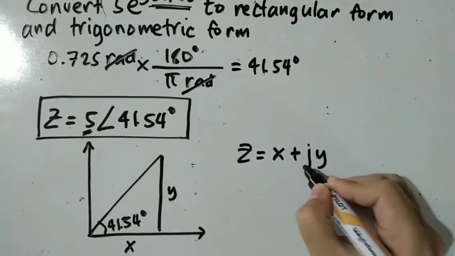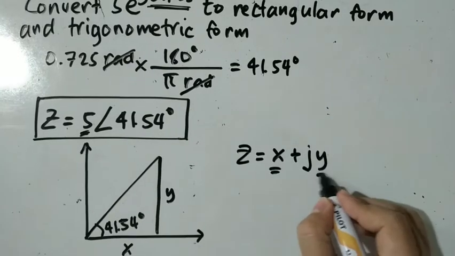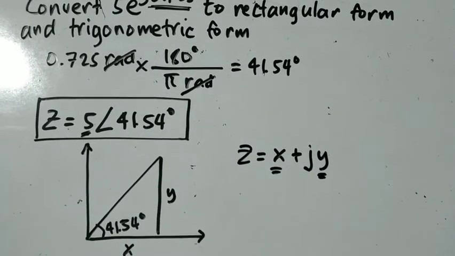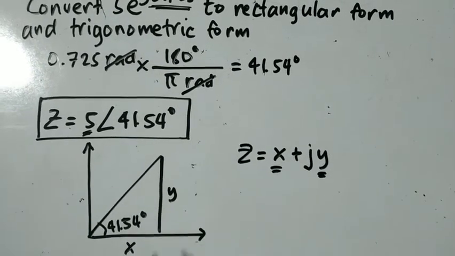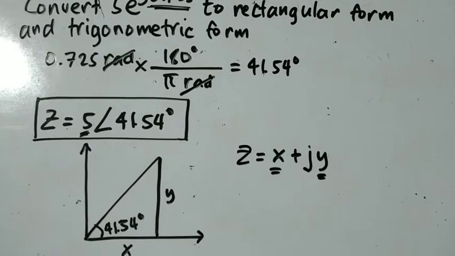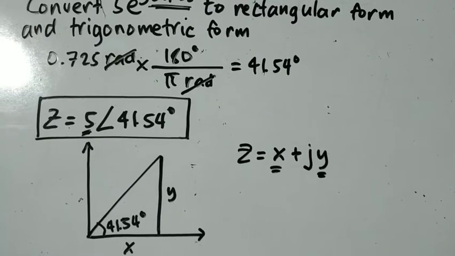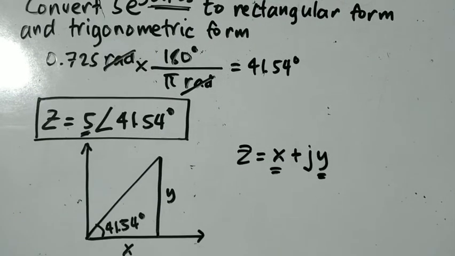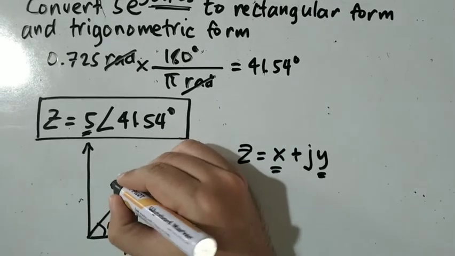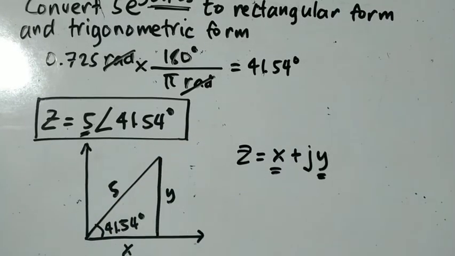and these axes now represent our rectangular form, x plus jy. So how do we get x and y? We use the trigonometric functions sine and cosine. Alright, so if this is 5, then if we are to get x,